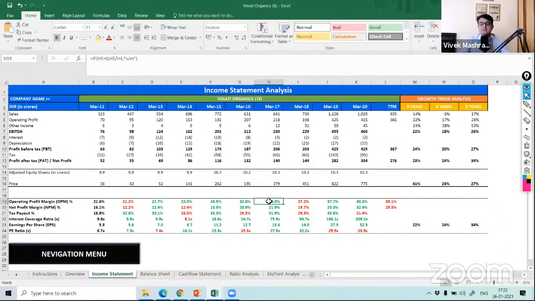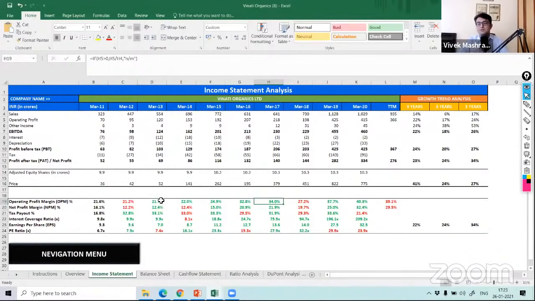Okay. And in the same way, that guy might be super efficient. He is bargaining with his vendors who sell potato, pani puri, everything. He is bargaining a lot and getting the best pricing. So that is another way which shows that this guy has good pricing power. So that is the reason you should always and always look at operating margin.